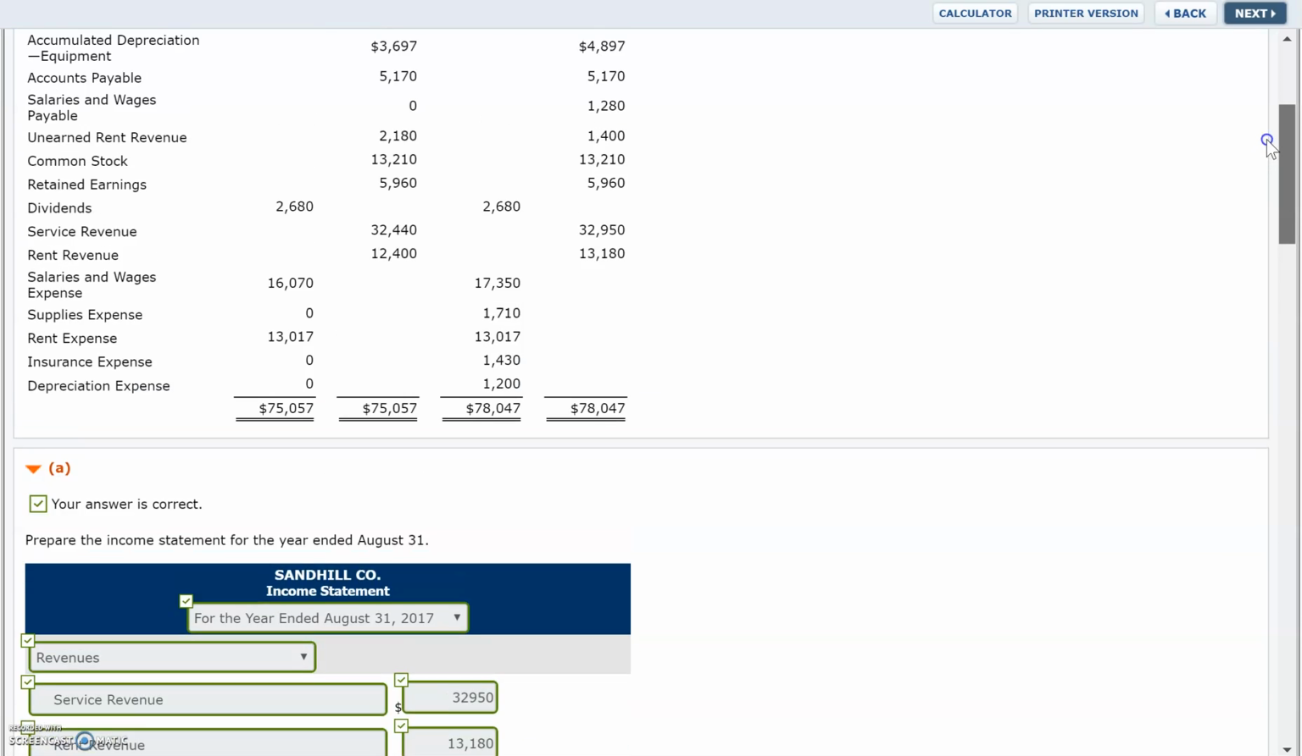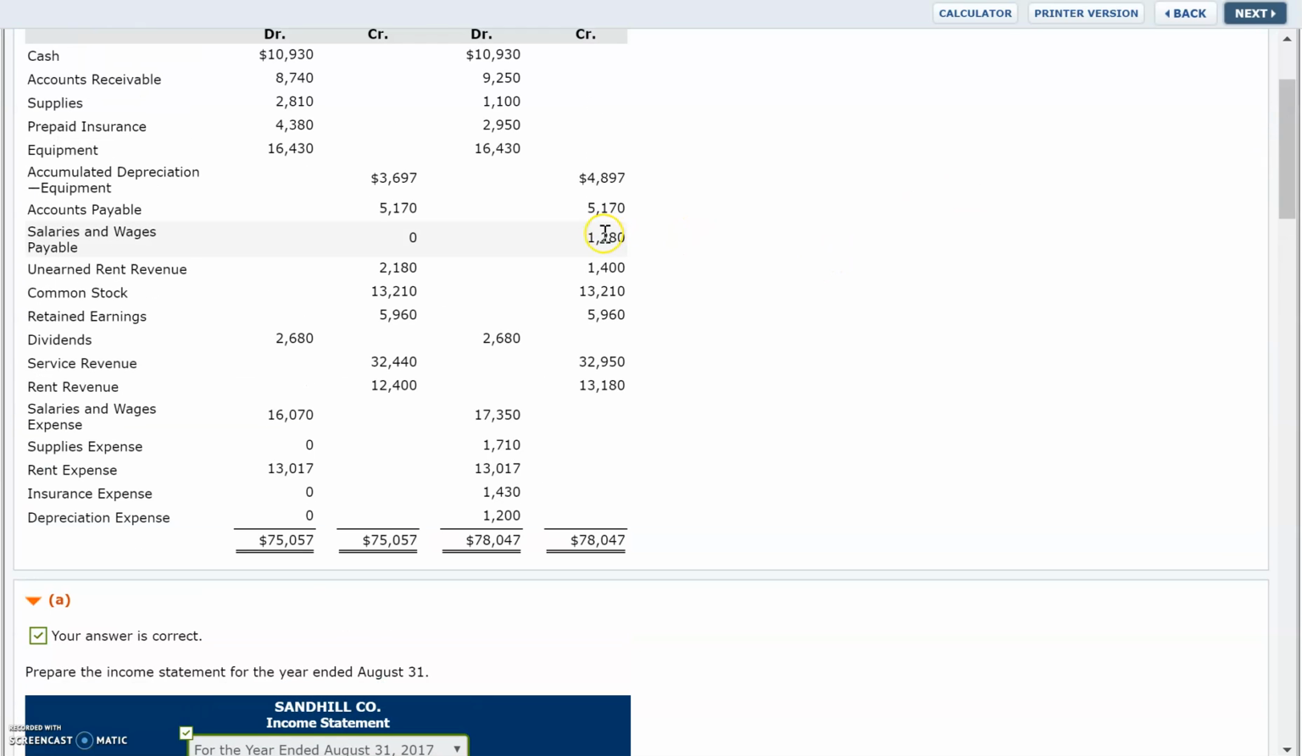And the next one is salaries and wages payable. And we see at the beginning there was 0, but we made an adjustment of 1,280. And again, this is the number we need to,